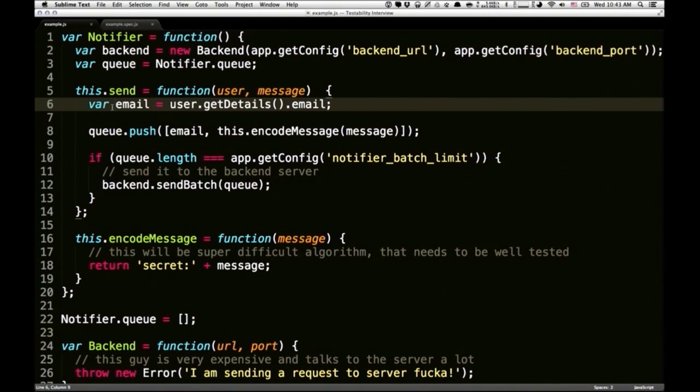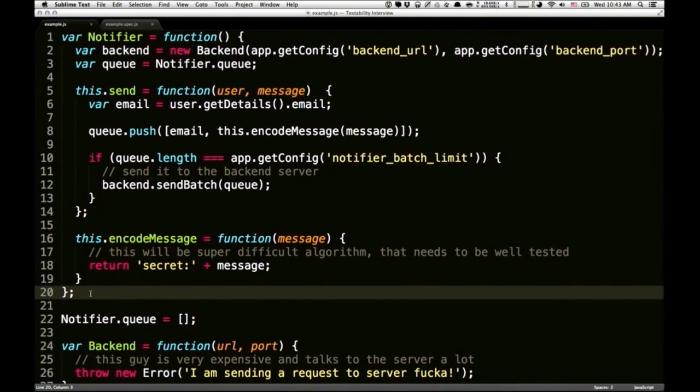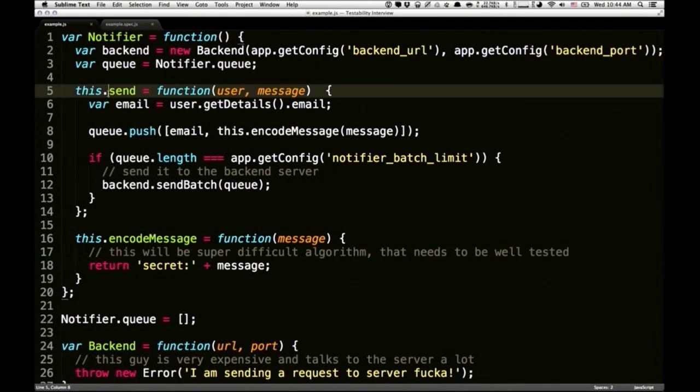Let me explain a little bit the code that I have here first, because I'm going to be using it the whole time. Imagine we are creating some real-time collaboration app, maybe something like Google Docs, and there is some notification, like let's say you want to notify other users. And so we have this notifier object here, and that's the object that is responsible for these notifications to other users. So whenever any component of my application wants to notify about something, it will use this object, right? It has a send method that you call, you pass some user object, and message that you want to deliver